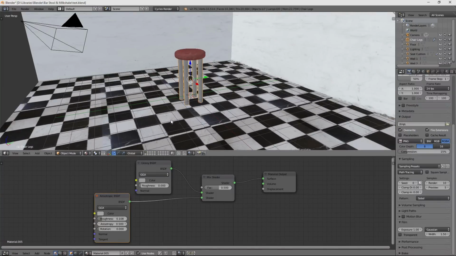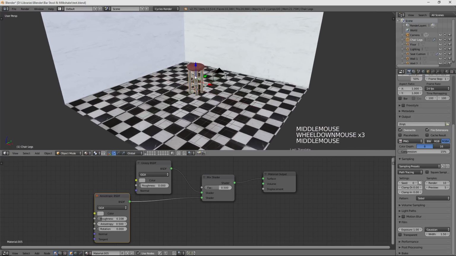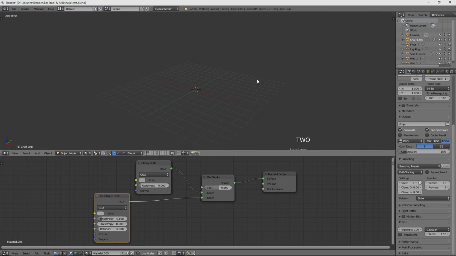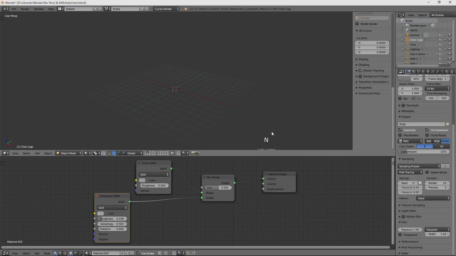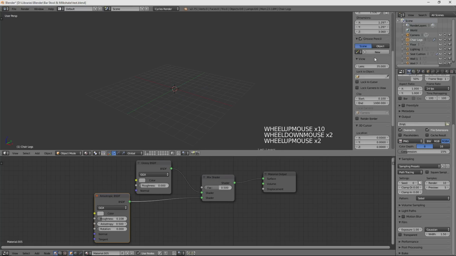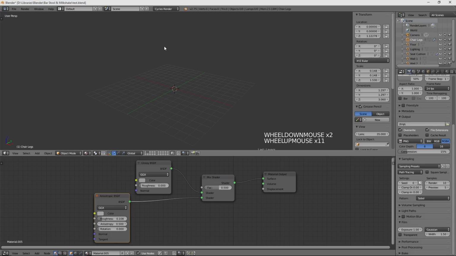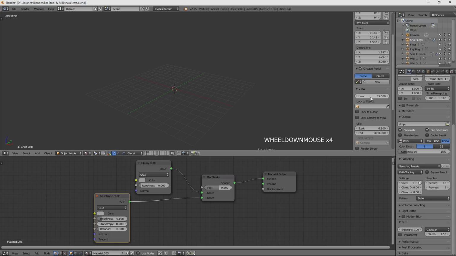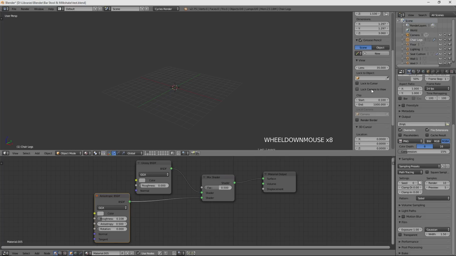This tutorial, we're going to use the layers again. I'm going to make the glass for the milkshake. So I'm going to go to layer 2 by hitting 2, and I'm going to hit N, the N key, to bring up this side menu. This is extra options about the 3D view window, and I want to add in a picture of my milkshake glass that I want so that I can model it based on a picture.